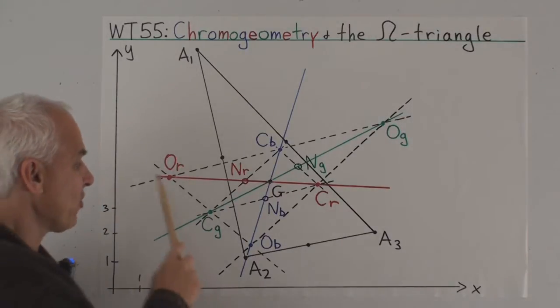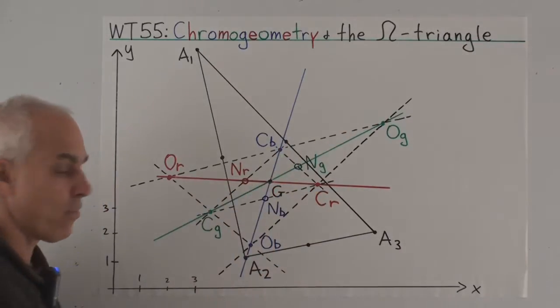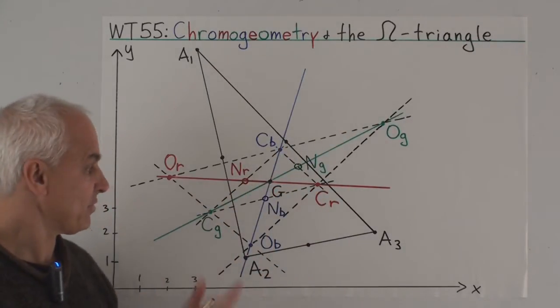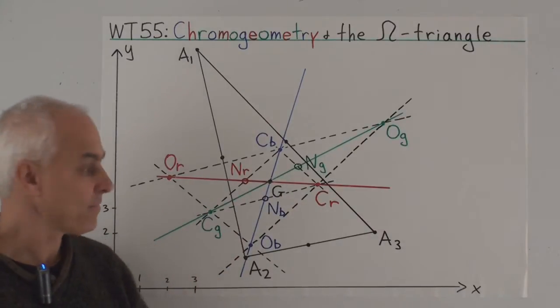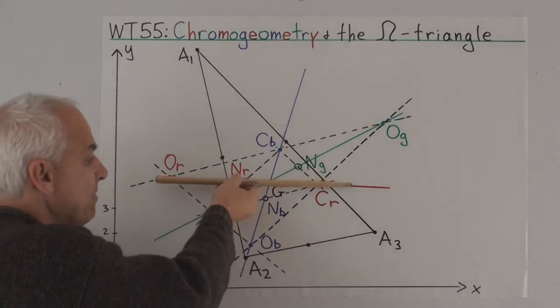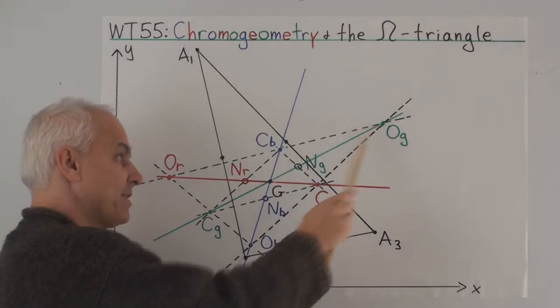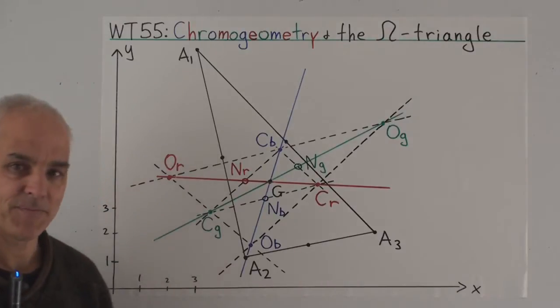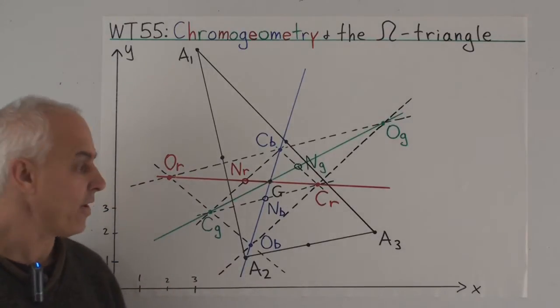So that means that this triangle here, together with these 3 lines, is an example, just as we saw starting with, of a triangle and its 3 medians. The Euler lines are just the medians of the omega triangle, because they pass through a vertex and the midpoint of a side. That has a lot of consequences, non-obvious consequences.